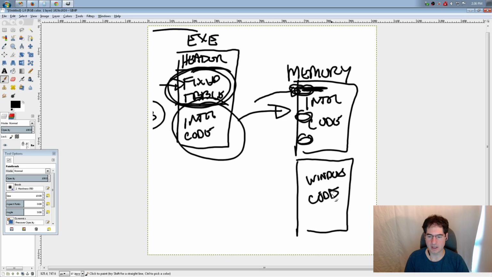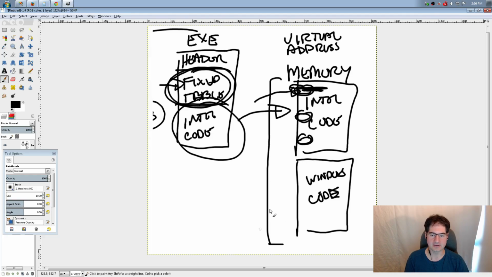Okay? And the question is, how does Windows code get there? If you remember, I talked about virtual memory and virtual address spaces, right? And I said that when you run your program, you get your own virtual address space. It's your own address space, it's all your own memory, and Windows behind the scenes is mapping that memory to RAM. So this is our virtual address space, and it doesn't necessarily correspond to the physical memory of the machine, it just maps it in and out as necessary, right? So what happens, actually, is that in your virtual memory space, Windows goes ahead and maps a copy of the stuff that you need to call into your virtual address space.